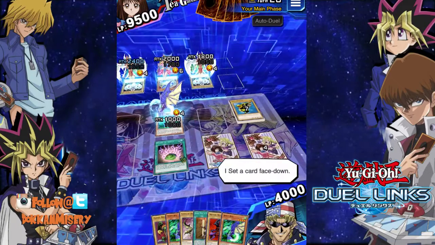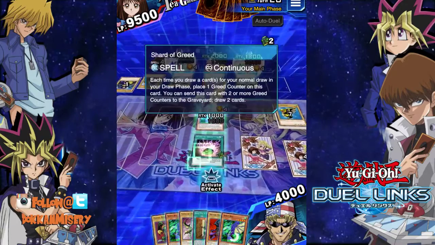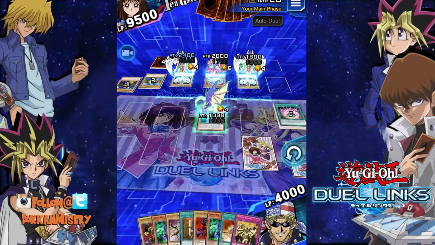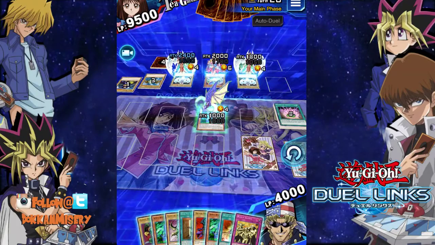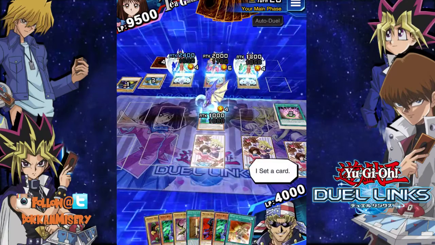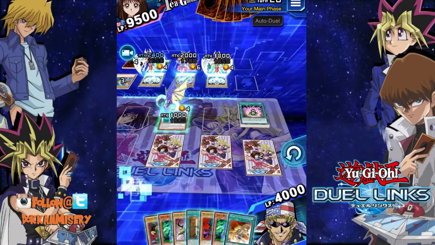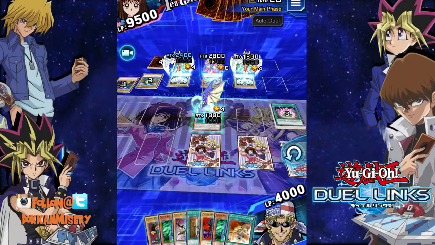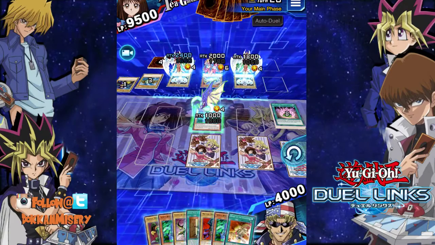And then we'll go ahead and use our Shard of Greed. Hopefully we can draw... Okay, we're down 2 cards. Perfect. Alright. So now we're going to lay down our other backup soldier. And now we don't even need Heart of the Underdog anymore. So what we're going to do here is...